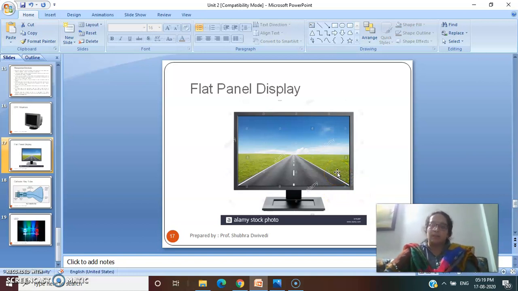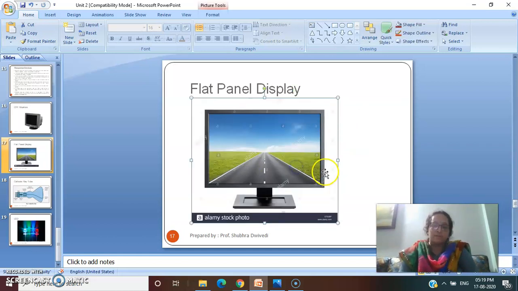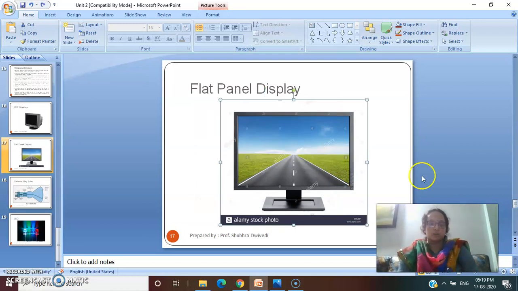Now you can hang these flat panel displays easily on your wall, or you can wear them on your wrists. Okay, nowadays watches have also come which use these flat panel display monitors. Then its uses include calculators, video games, monitors, laptop computers, graphic display. Everywhere flat panel displays are being used.